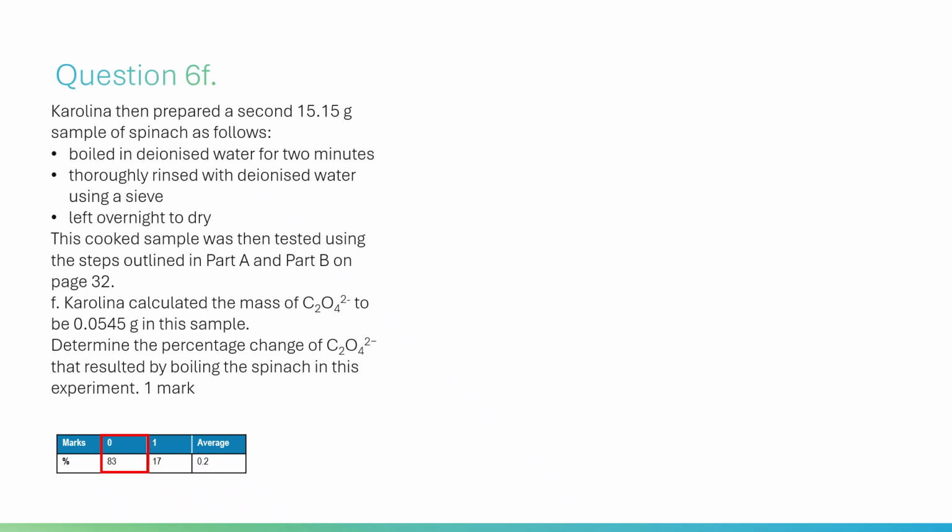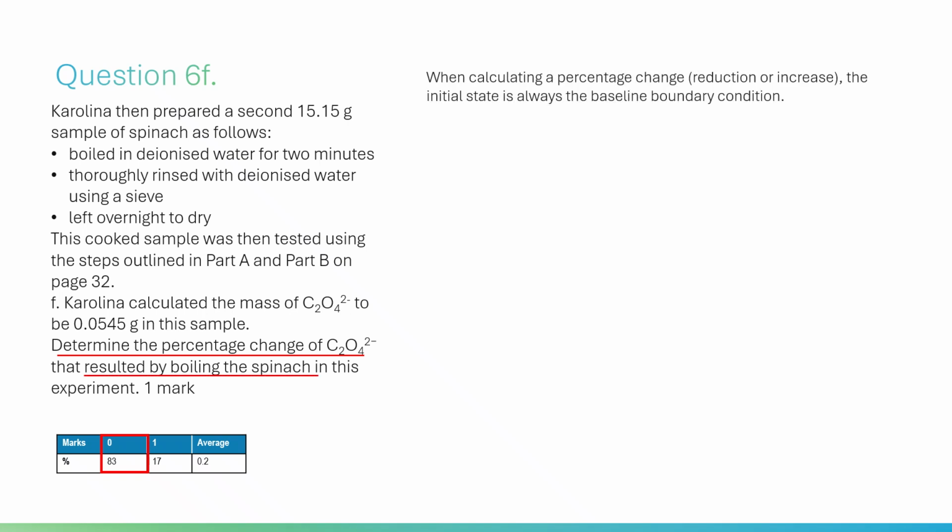The question asks us to determine the percentage change of oxalate ion that resulted by boiling the spinach in this experiment. Let's look at why it completely destroyed the cohort. When calculating a percentage change, reduction or increase, the initial state is always the baseline boundary condition. Initial mass, uncooked or raw spinach from 6e, 0.136 g. Final mass, cooked spinach from 6f,